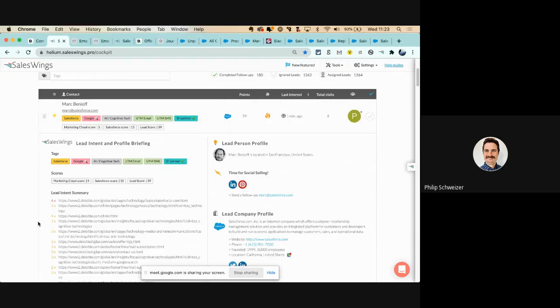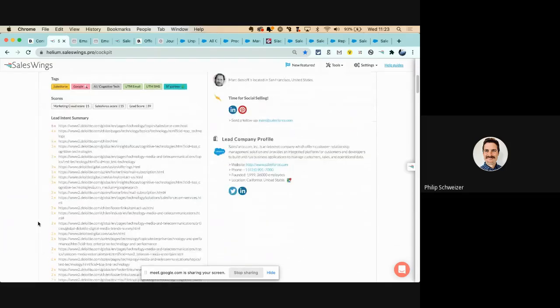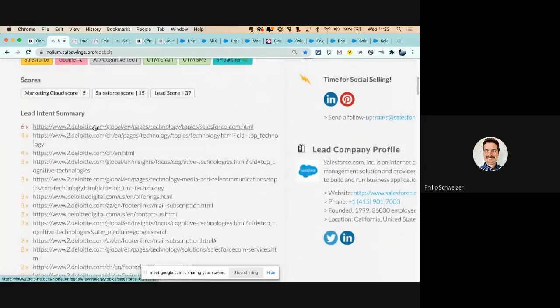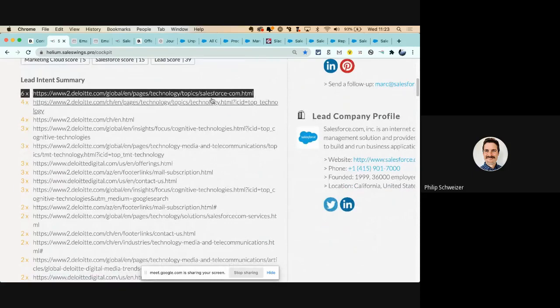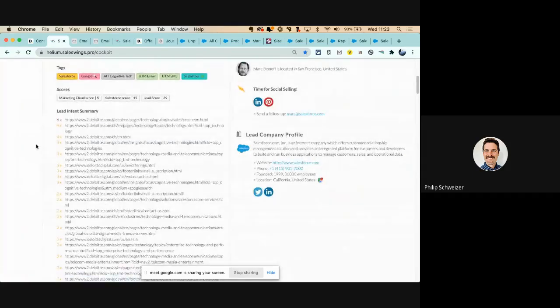Now, when I click right here, we are seeing some of the insights SalesWings is providing and some of the raw data that we collect. So we can provide some profile and company data aimed at lead qualification. But we do also show a lead summary. This is shown in the Sales Cloud to the reps, where they can see where the engagement is happening. User-friendly, low training, easy to understand.